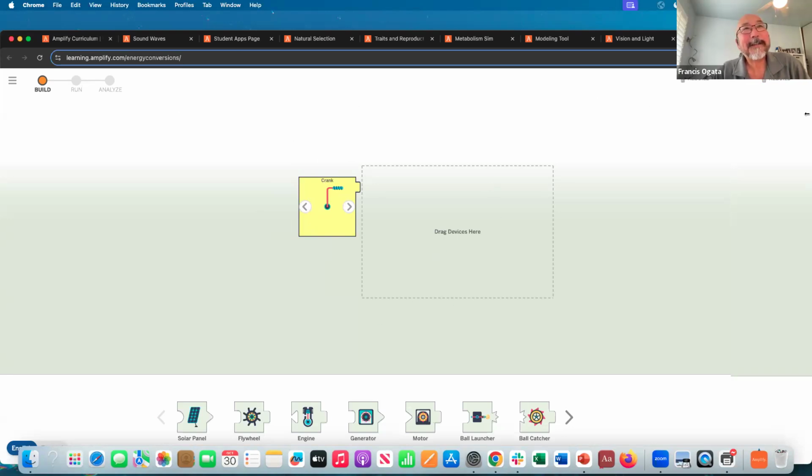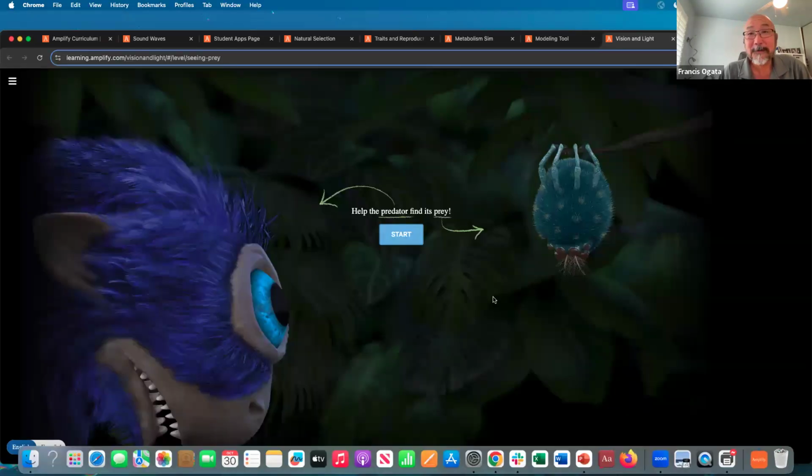Now, let me just jump real quick to vision and light. This one is also out of 4th grade, and this vision and light unit talks about how animals get information from their environment using their senses. The whole premise of this unit was that the kids have to determine why this tokay gecko is going extinct in this one part of the rainforest. And so they do all these different experiments, hands-on activities that lead up to what we're going to be doing with this vision and light simulation.